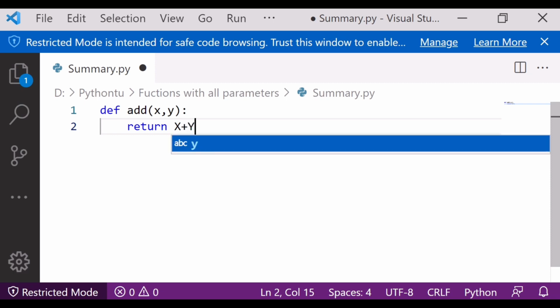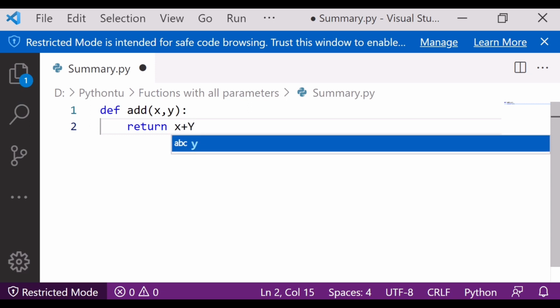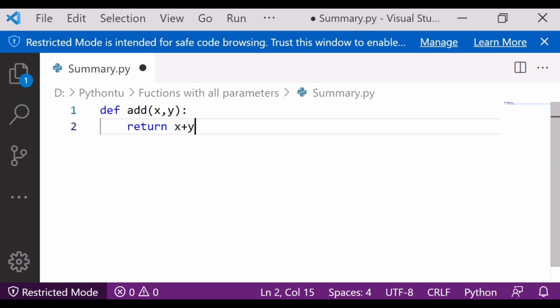I have to write small x and small y. This is the basic function that I am defining over here.